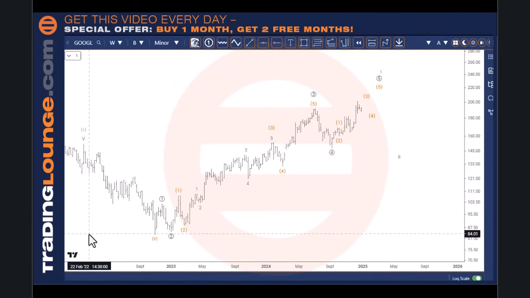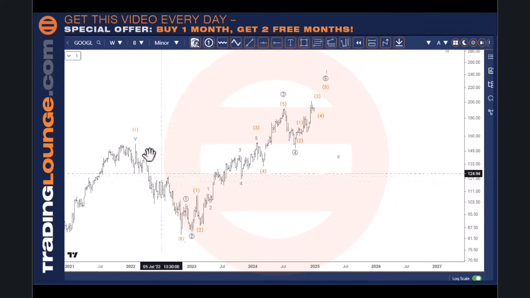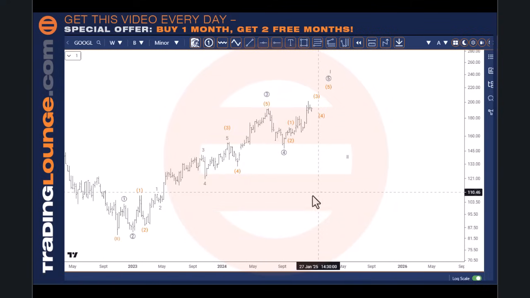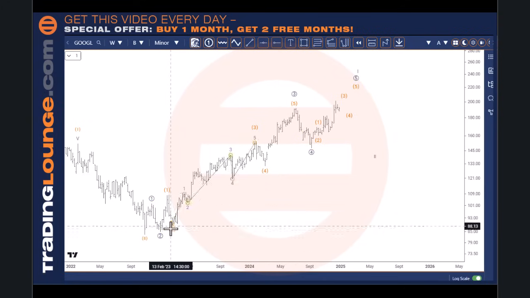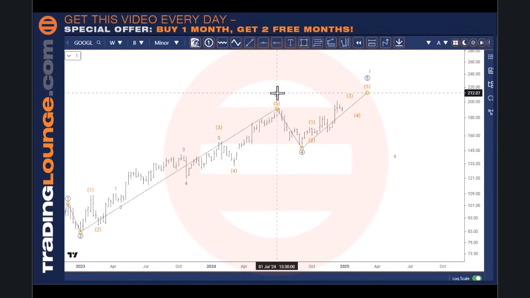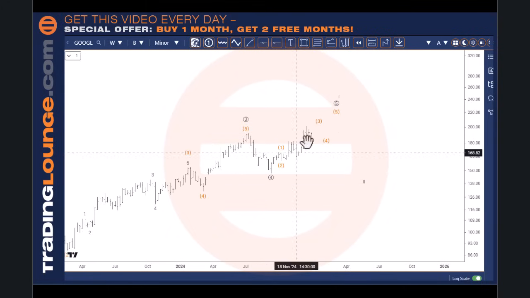So I also wanted to talk through this count with you guys as well, and any ideas appreciated, you can put that into the chat area. And from this low here, obviously we got this correction here, so we're counting 5 waves up here, right? So this current top here has taken out this top here, so that means we're still bullish, so we've still got higher to go, and it's just the best way to count that. So counting from the low here is pretty much the same as the NASDAQ and the S&P, as we've got 1s and 2s down the bottom here and moving up here. This wave 3 and some of the other markets we've got sitting over here, but it doesn't fit very well for Google. So then we come into this point here, this move here.